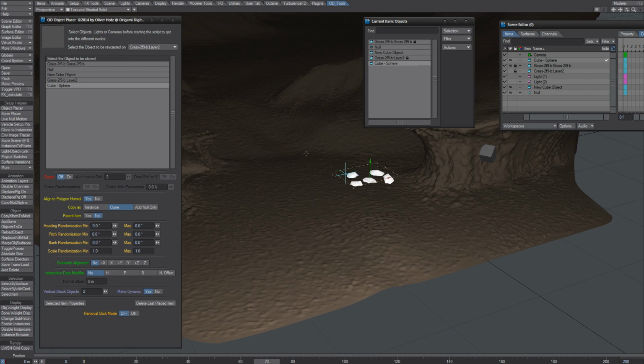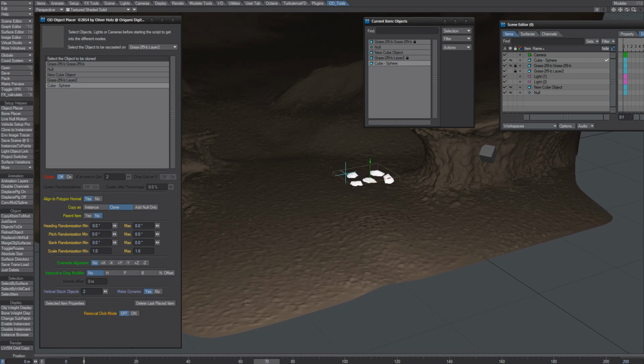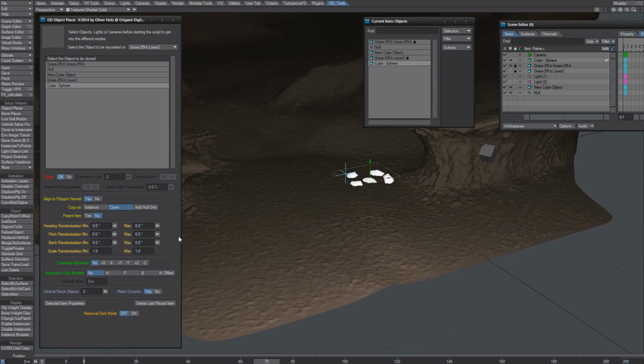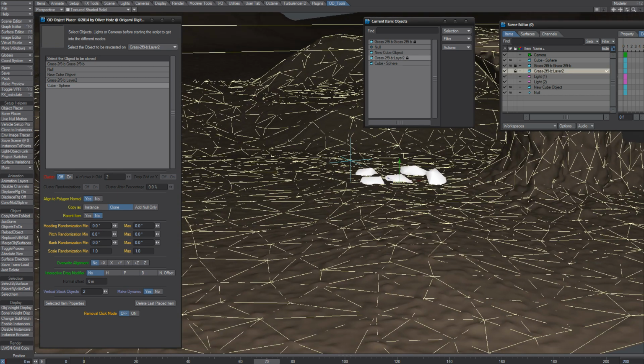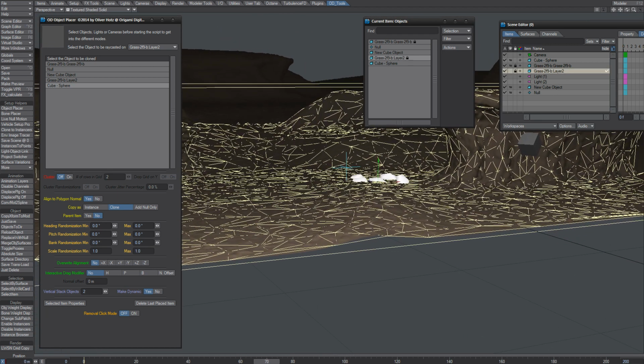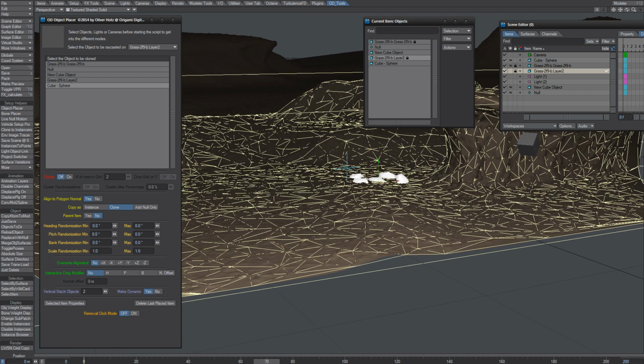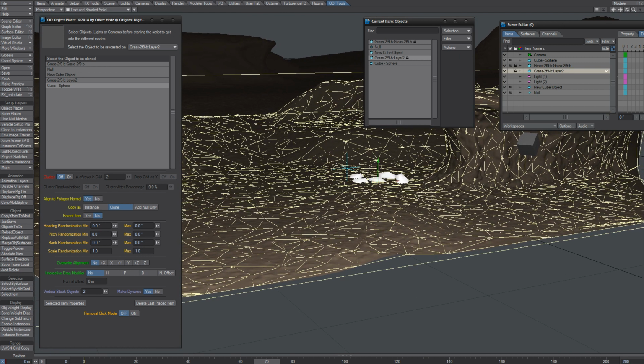I just wanted to test this time around having clusters in from Modeler. But usually I guess you would want to make your own cluster using Object Placer. Anyway, so what we're going to do is, well, this one, I found that if I move this up like 0.3 or so in the Y,